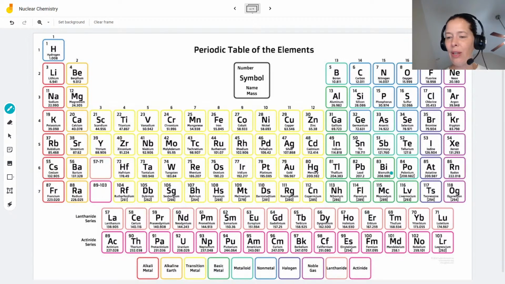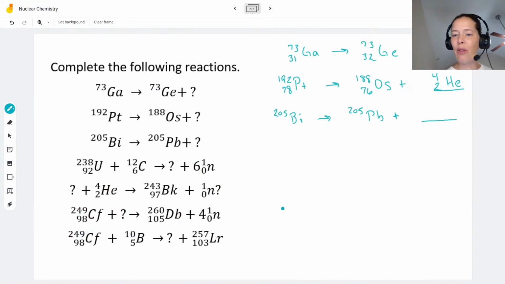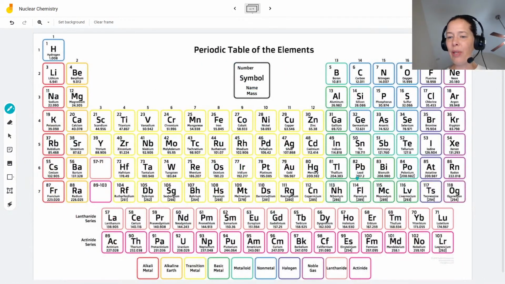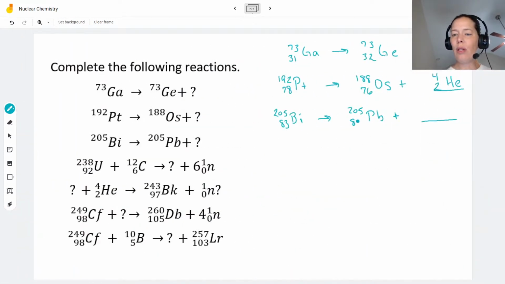Here we go, down here, atomic number 83. Great. And then we've got lead. So that's in about the same place. Here's lead, and you can see it's atomic number 82. That is great. Okay, so now we have all of our numbers in, and we just need to make sure